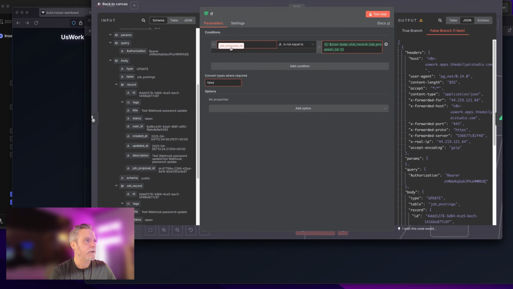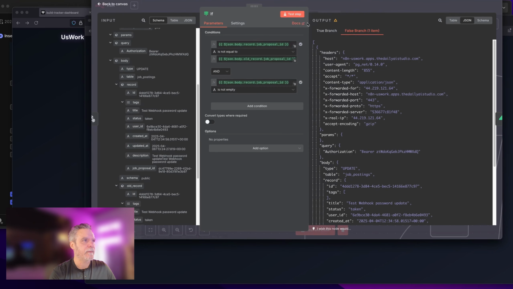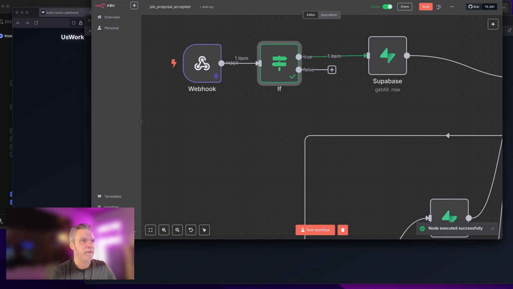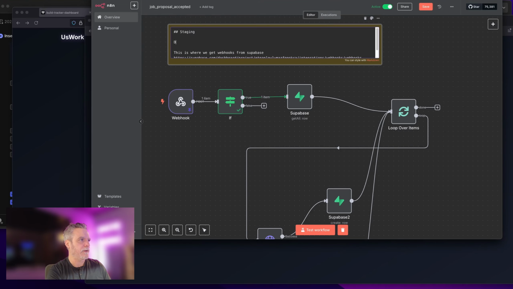Job proposal ID. All right, and is not empty. All right, that will get us going. Now, I don't need to be doing the database change anymore right now. So what do we want to do here? We want to say, okay, if it's changed, let's see, did the job